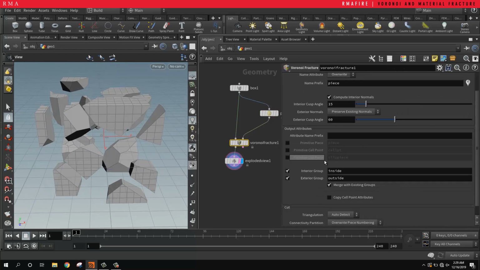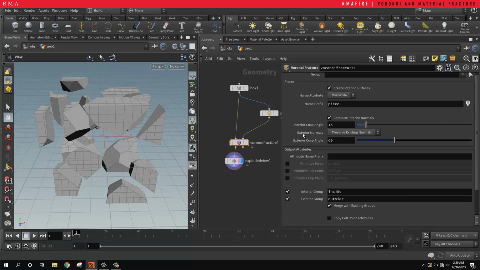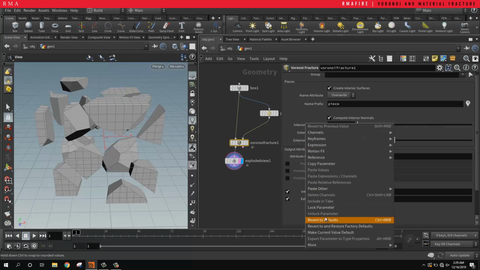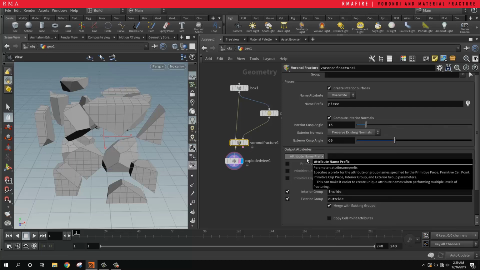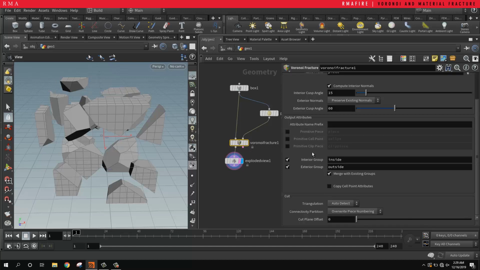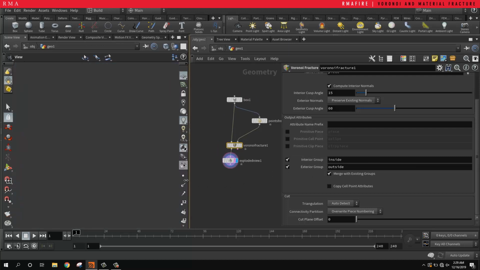The Voronoi fracture, the interior cusp angle. So you can see that it's changing the normals of the inside of the geometry. And the outputting attribute name. So this is really important because the interior and the exterior groups allows us to texture the inside and the